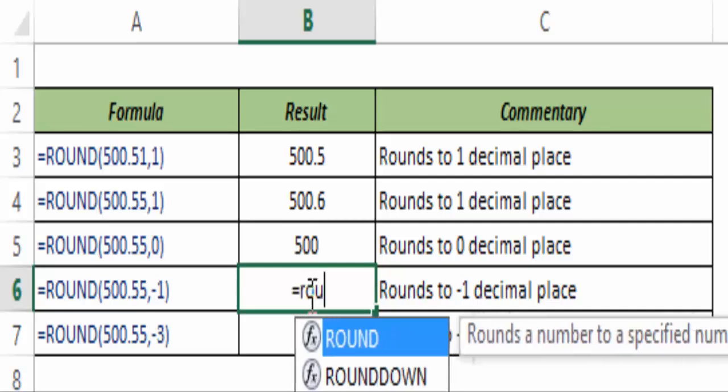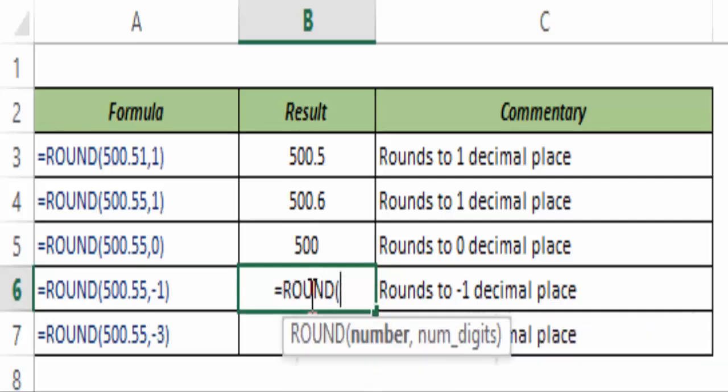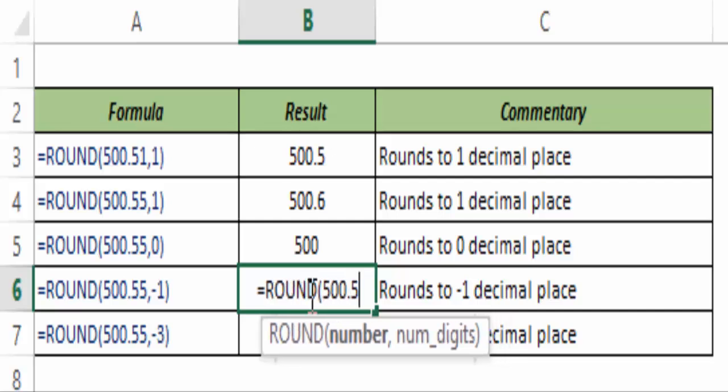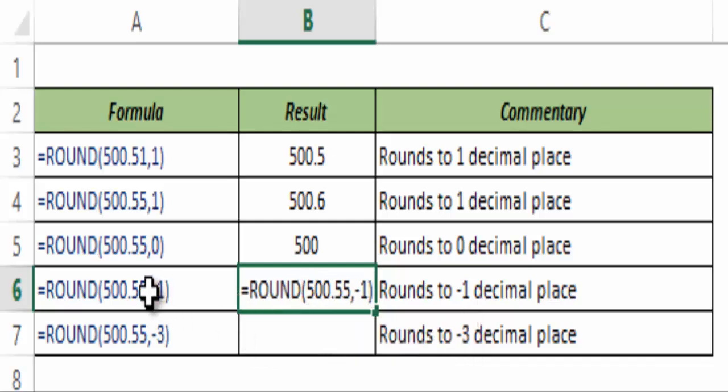You can also use the round function to round off these numbers with a decimal place of -1. Let me show you how it works. This means that this is decimal place 1, this is decimal place 2, but if you type -1, it goes back to the non-decimal part of the number and it says this is decimal place -1, this is decimal place -2.